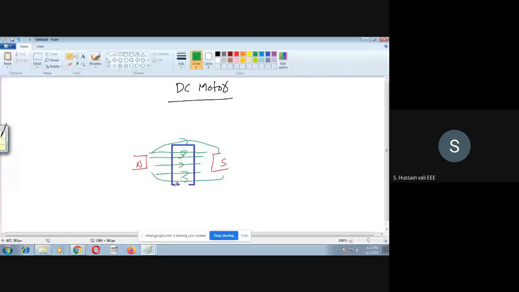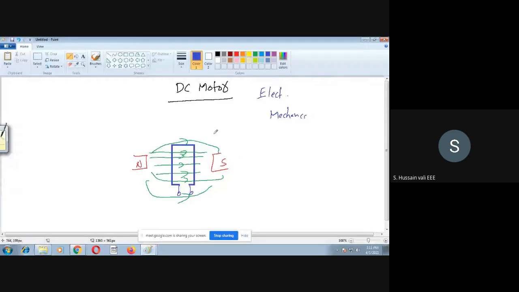Okay. So now you see, what you must understand here is that this is the conductor. Okay. Now what does a motor say? A motor says that it takes electrical energy as input and gives mechanical energy as the output. This is what a motor says. Okay. So now we can do one thing: how can you give the electrical energy here?